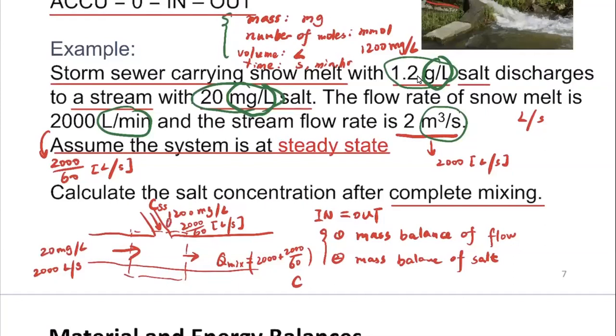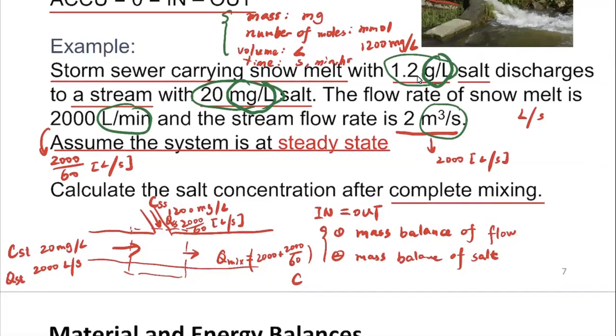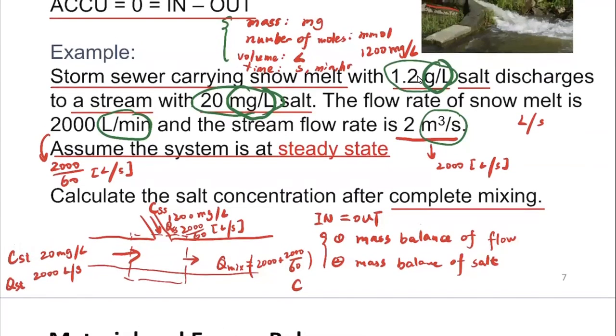And this flow is QSS, okay? Well, for the stream, let's say this is CST, QST, okay? So basically we can set up the mass balance for the salt as CSS multiplied by QSS plus CST multiplied by QST. This should be equal to Q mix